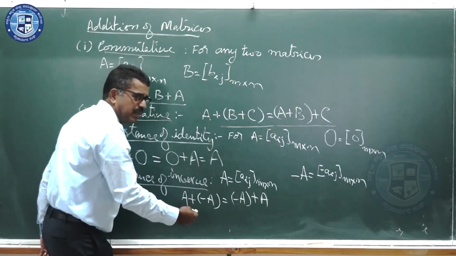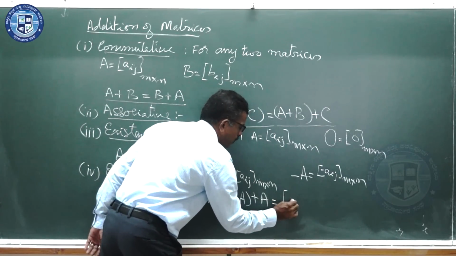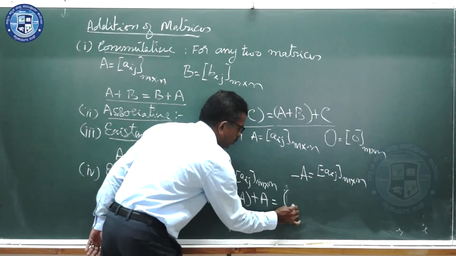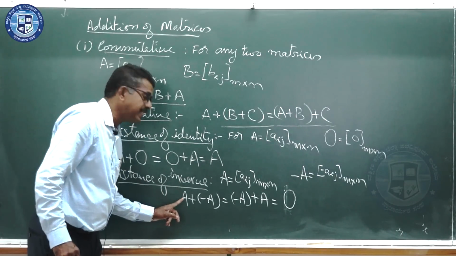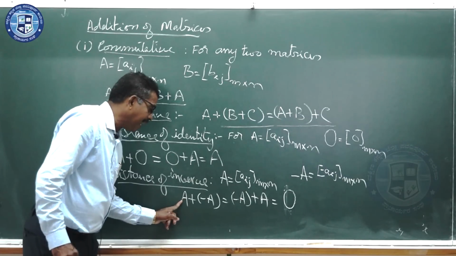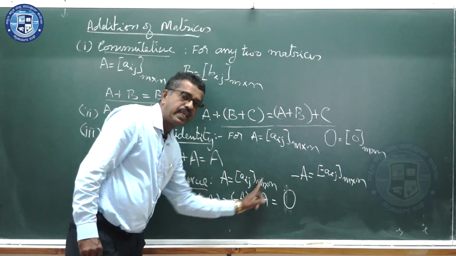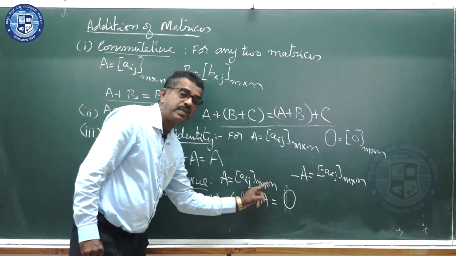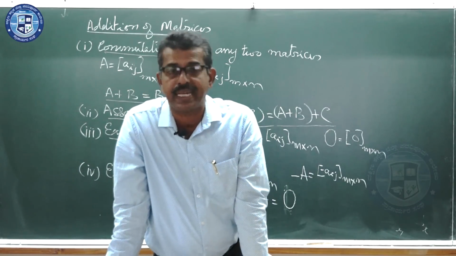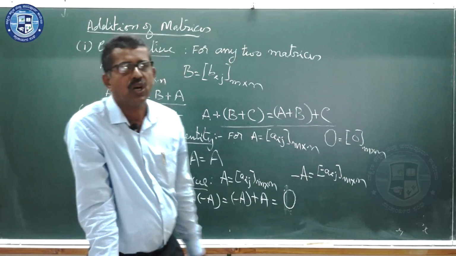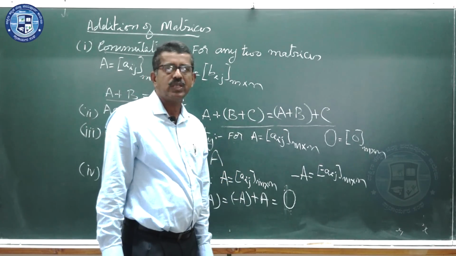So you know what is A minus A, because every element when it is subtracted with the same element, the resultant will be 0. Therefore the resultant will be 0 matrix. 0 matrix I can denote it by O. One speciality here which you can observe: adding A with a particular matrix in any order gives you identity under addition. That means that particular matrix is known as inverse of a matrix. Therefore, what is the inverse of a matrix A under addition of matrices? It should be minus A. So this will be the case.